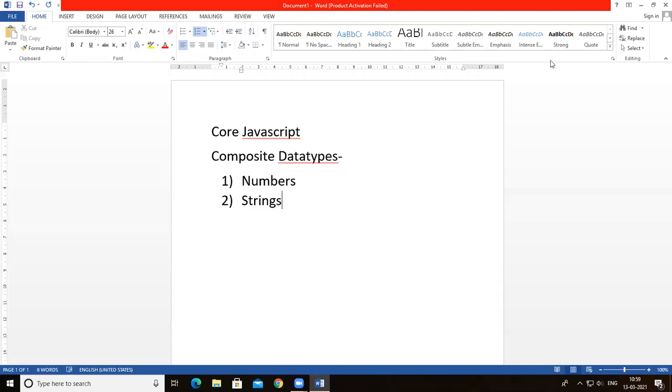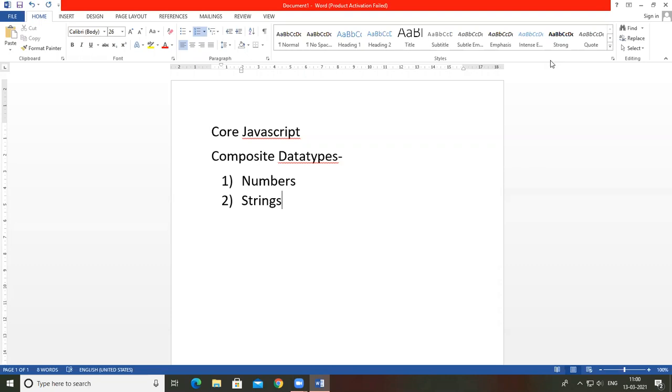So numbers means we are going to use the numbers, and we are going to process and calculate any of the calculations here on these numbers which have a data type number. And strings are a series of letters and numbers enclosed in single or double quotes, and strings are used for the text to be displayed or values to be passed along.